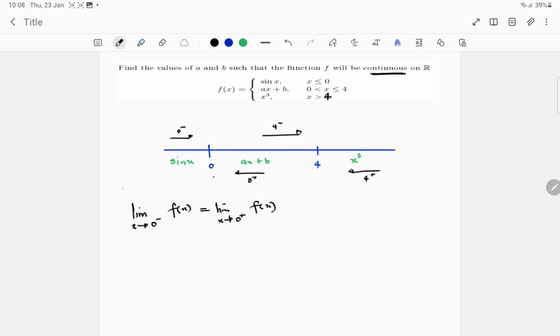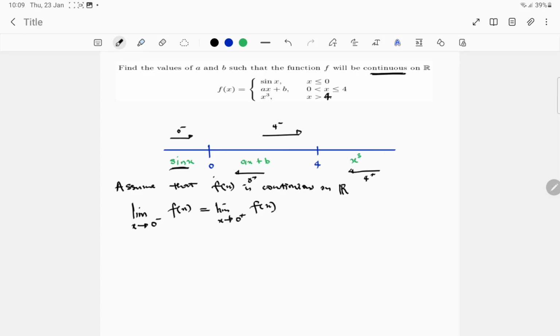So for clarity's sake, we can say assume that f of x is continuous on R, right? Then at x equal to 0, we're going to consider the functions which are defined before 0,